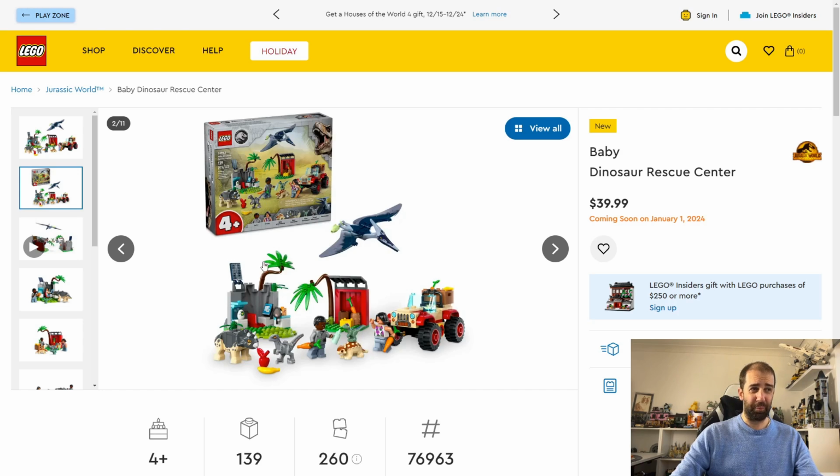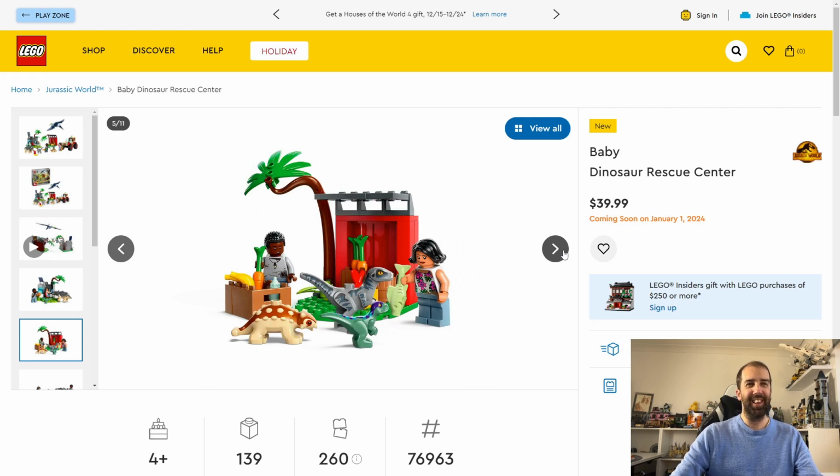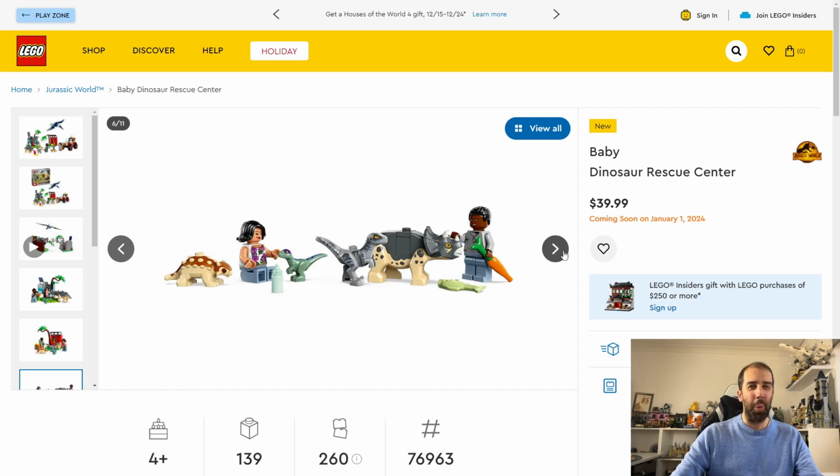It's obviously trying to get younger collectors into Lego, but at this price they do it with the Marvel, the Star Wars sets. They're just overpriced for what they are. I mean, 139 pieces for the $40 is just ridiculous, quite frankly. It's not a bad looking set. It's just, it's aimed at new